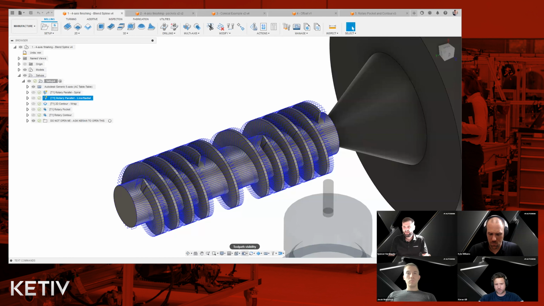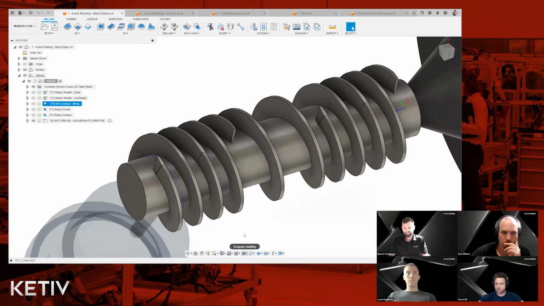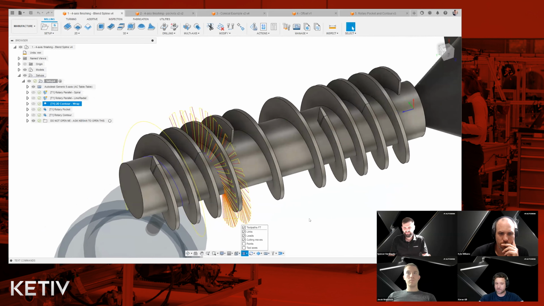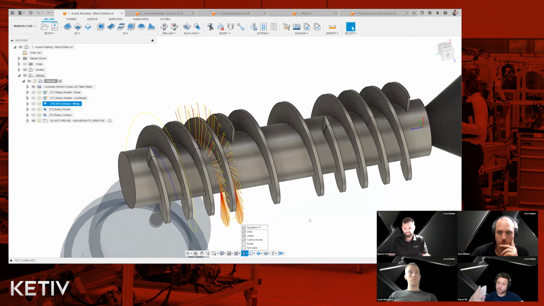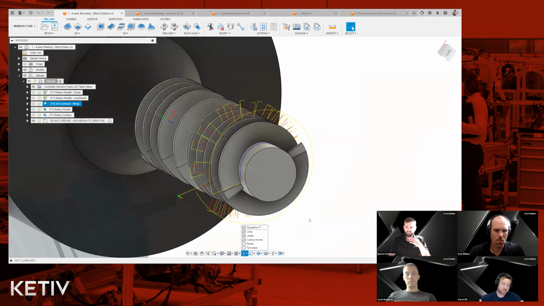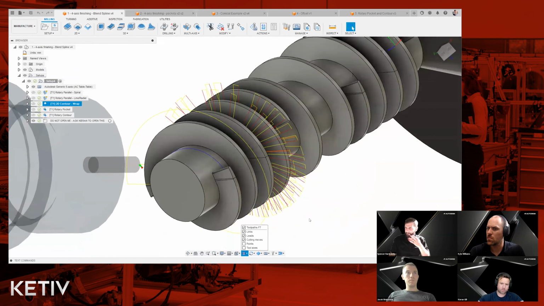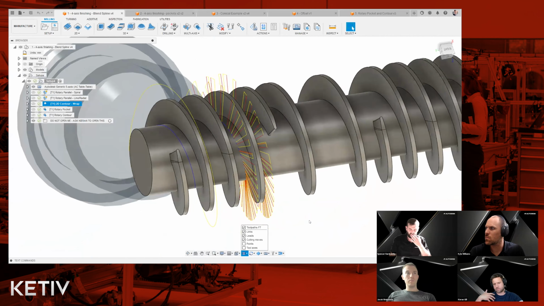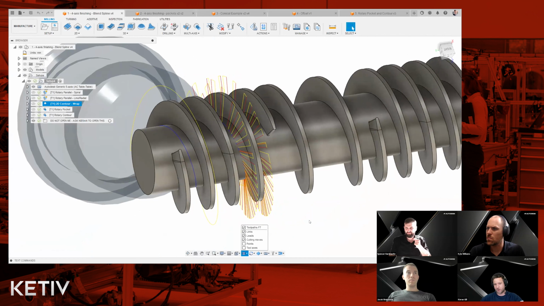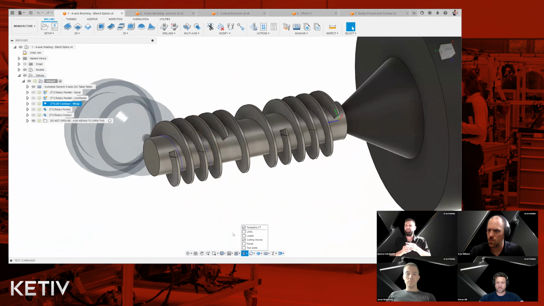Now, if I turn on our leads and links, you can achieve something with the 2D wrap functionality within the 2D contour. However, where the geometry wraps around more than 360 degrees, you often find that the toolpath breaks down and fragments, and you have a toolpath which is effectively a non-starter. Really poor quality toolpath. So these are just some of the reasons why we've introduced these two brand new toolpaths. I'm going to turn off our leads and links,